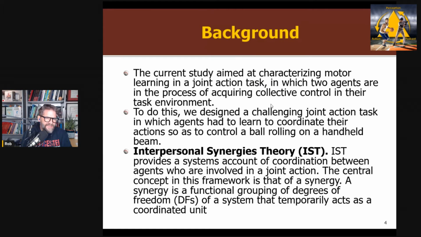So imagine, in this task, there's basically a ball rolling on a beam, and you need to roll it from one end of the beam to the other, back and forth. There's a target line. You can imagine if I had to do this myself, I'd have to lift the beam up to start rolling and then lower it back down to slow it down to get it going the other way. That kind of control with just one degree of freedom is going to require a lot of precision, right? If I lift it too high, it's going to get going too fast. I'm not going to be able to stop it. A much better way is a synergy, right? Depending on how much I lift to start, the other person at the other end lifts theirs to slow it down, right? That's an interpersonal synergy. So that's what the authors were expecting to see in this task.